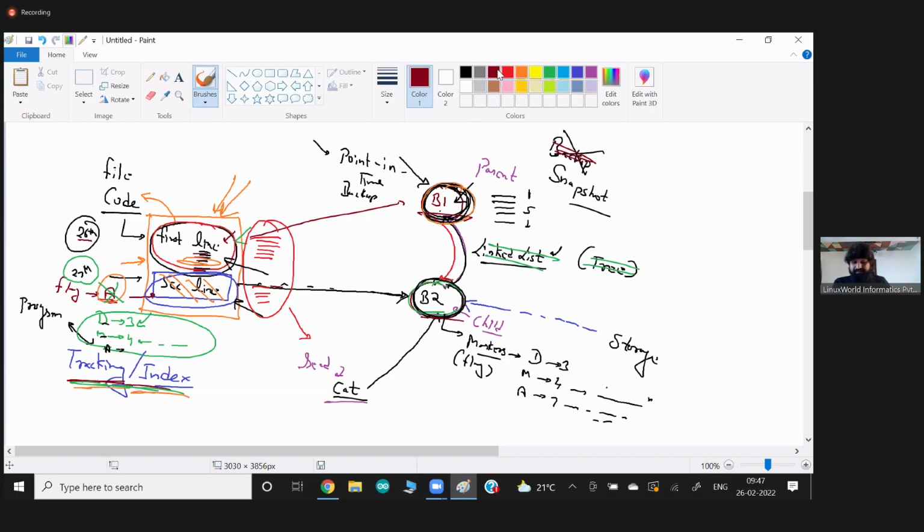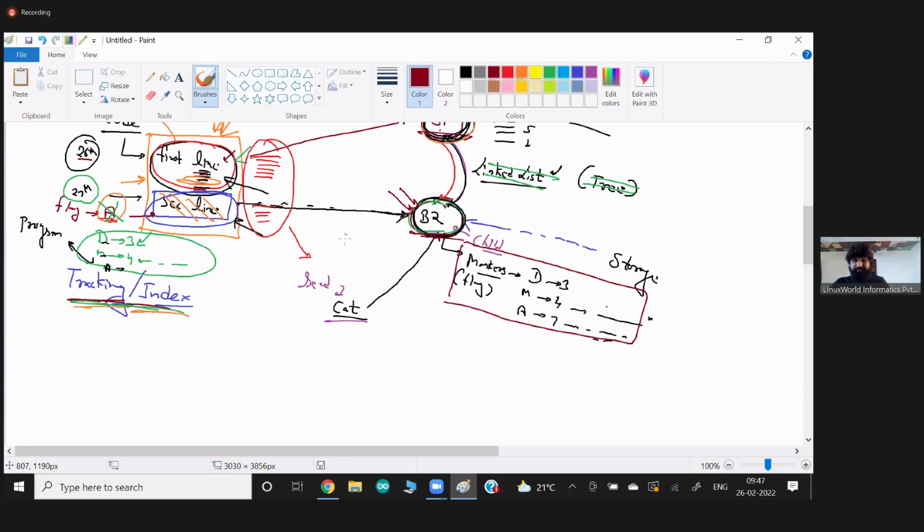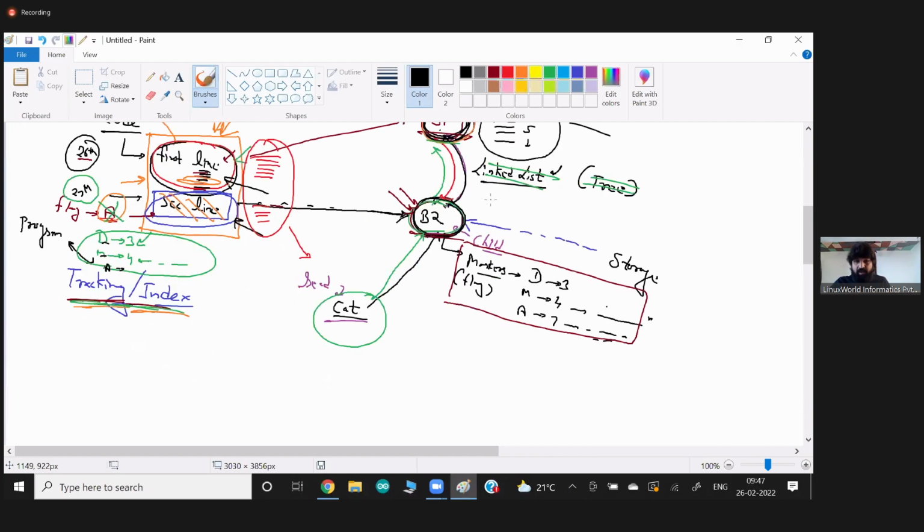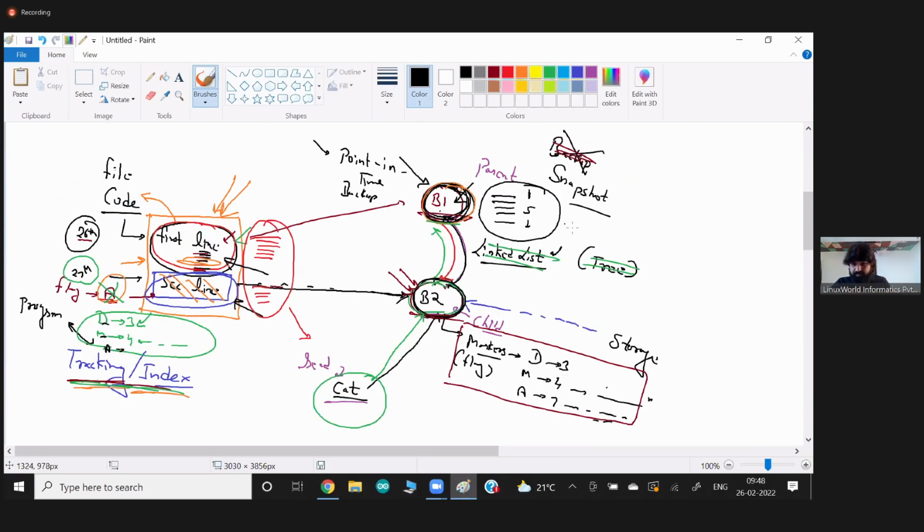So a backup or snapshot doesn't only contain the data, it also contains the marker. Why do we need this? Because we are not doing a full backup here. So in the future, if anybody tries to read a file from backup 2, because this is the latest backup or snapshot we have, what I want at that point in time is the latest data. So again they do the same operation: B2 goes to B1 and asks, how much data do you have? I have 5 lines. So before they give these 5 lines to my cat program or any IDE,